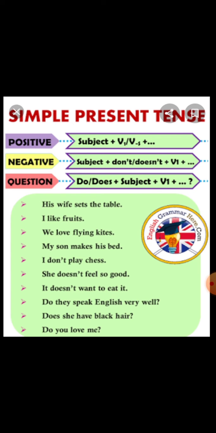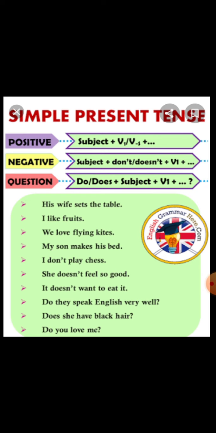You must have learned in the previous classes that tenses are of three types. First is present tense, second past tense, and third future tense. Each has four further types. Today we are going to do the first type of simple present, simple past and simple future in this video. The very first point, simple present tense.